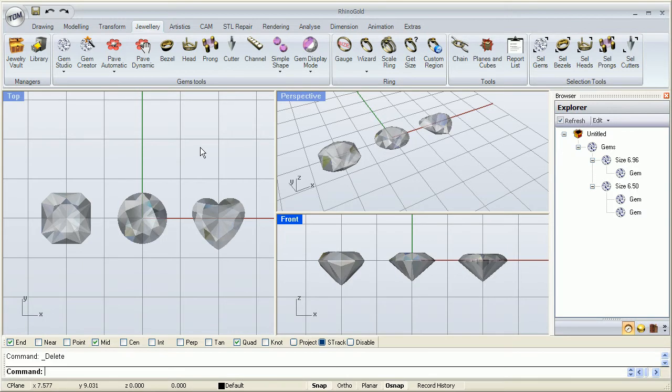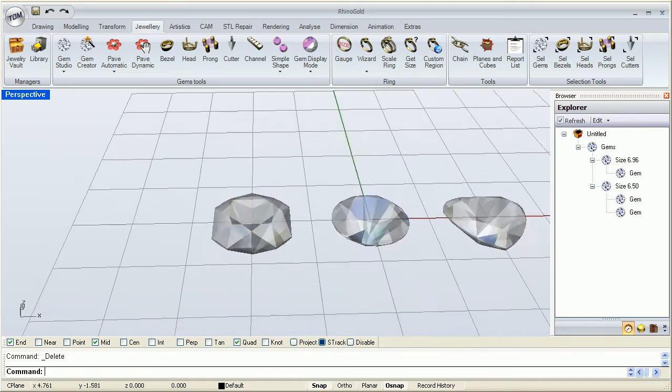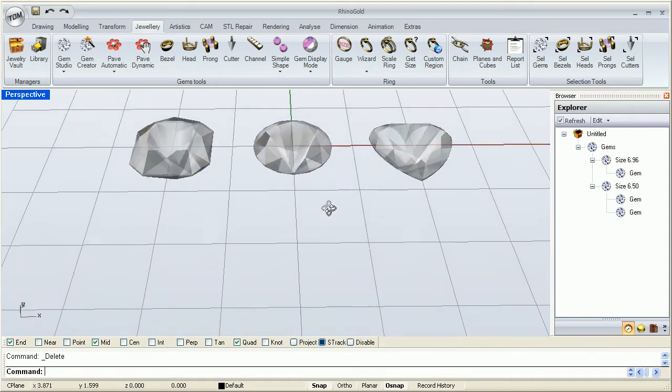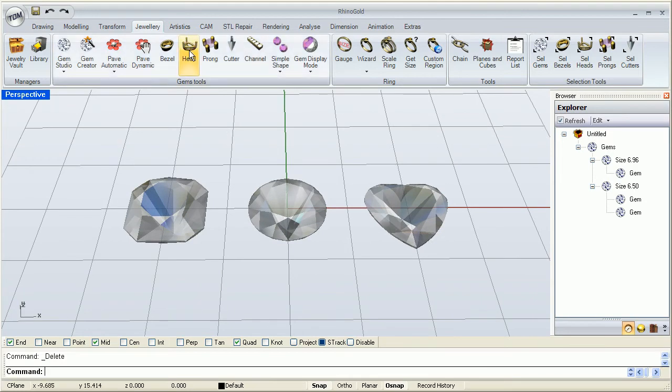Welcome, and in this lesson we are going to cover the Head Studio. To do that, let me go ahead and go to our perspective view here. I want to show you something very interesting. Notice that the Head Studio, when we go ahead and click on that,